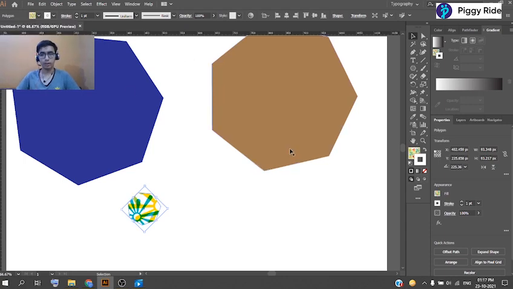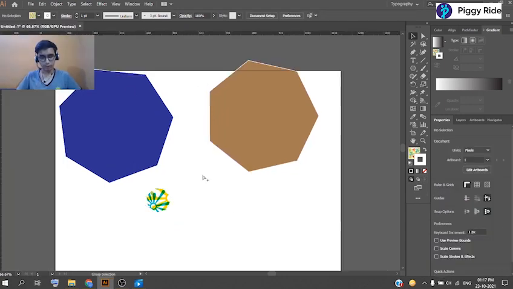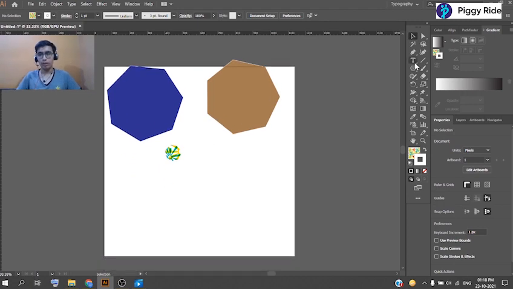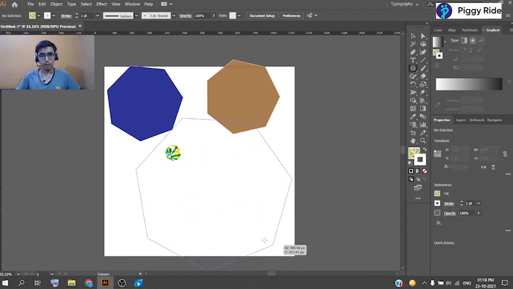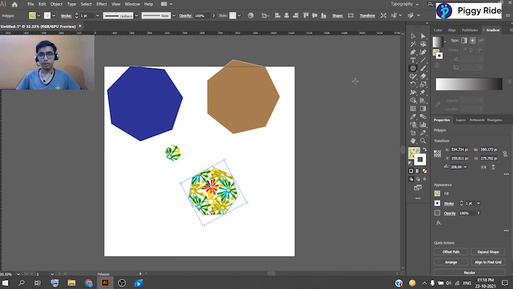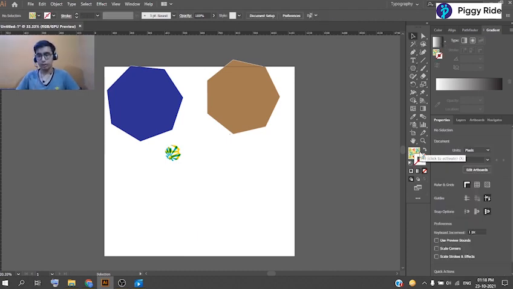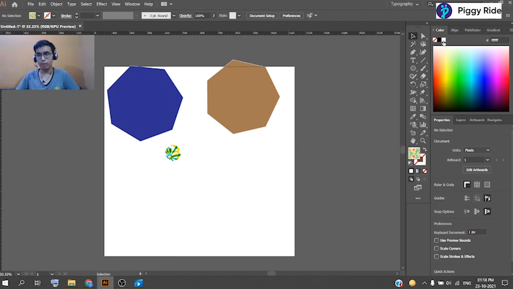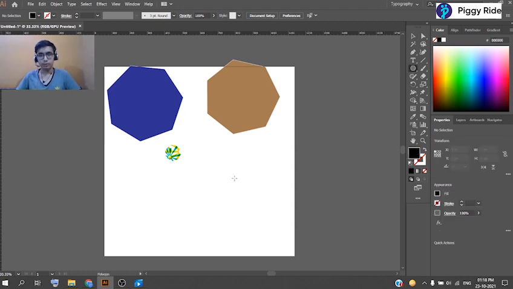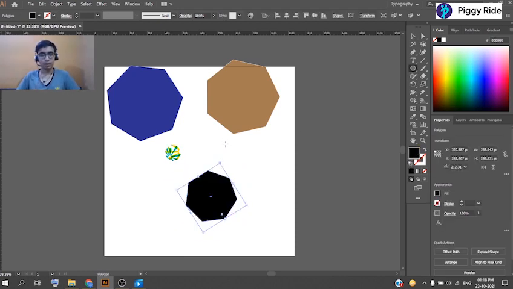So we have three types of polygon, and now I have to create a fourth polygon. I have created a black polygon over here.